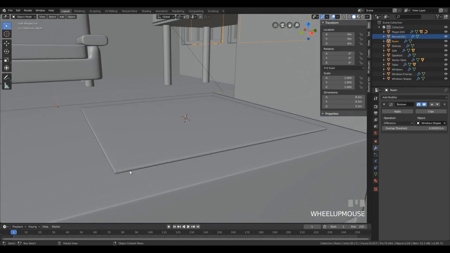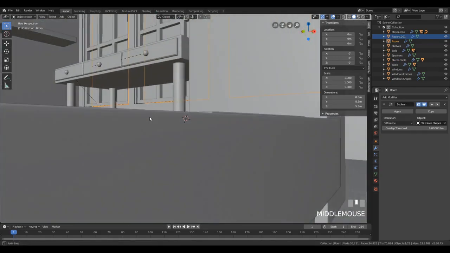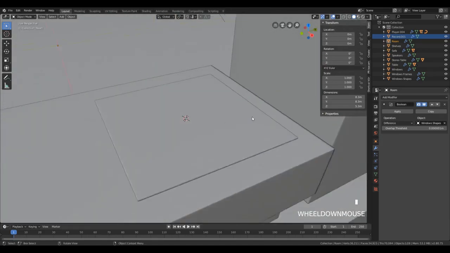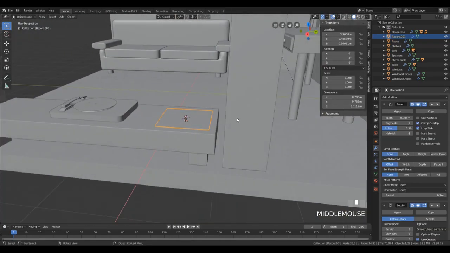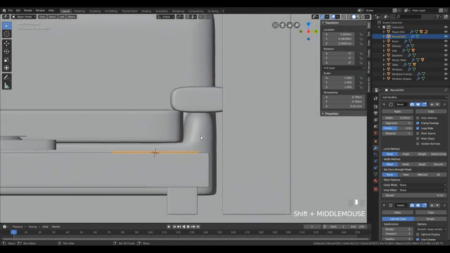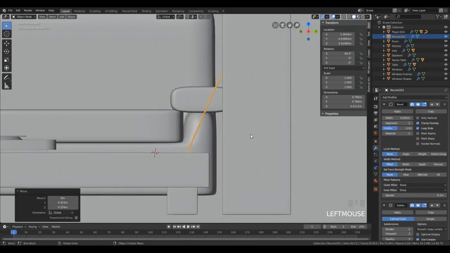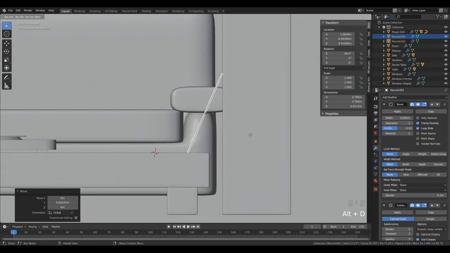And right now we can use the settings from the table, and it'll create this nice smooth edge where actually it looks like folded paper. So that's enough for now, I think, and we can just look from the side, rotate this a little bit and move it here by pressing G, so it looks like it's leaning on the speaker there. And we can press Alt D to duplicate